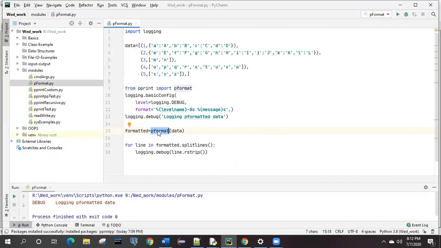So this data, which is in normal text format, will be converted by using the p format method, and it will be stored in the formatted object. Got it? So now if you simply print the formatted, it will print the normal pretty print, the output we have seen in the previous example.